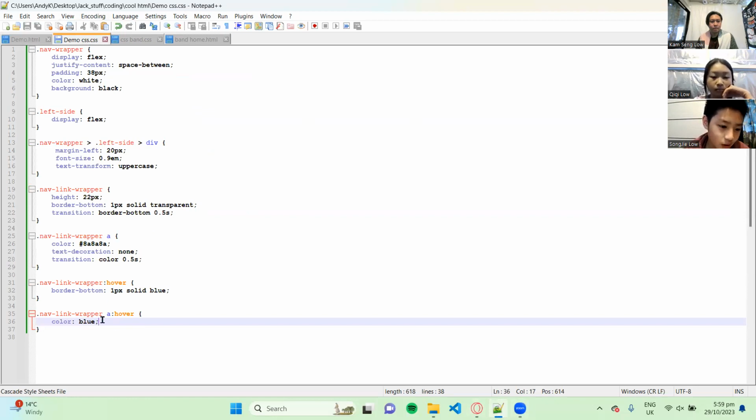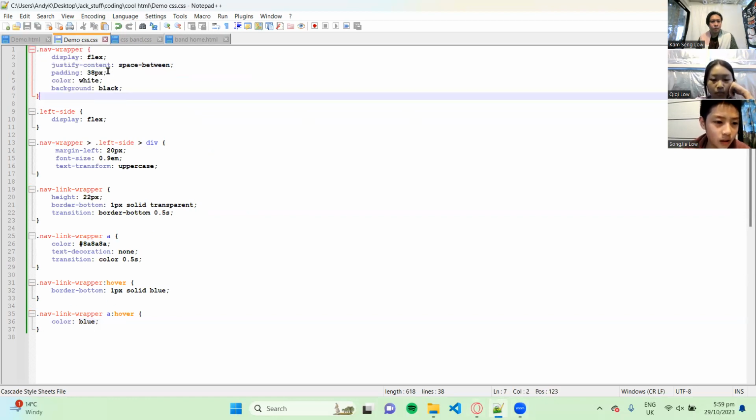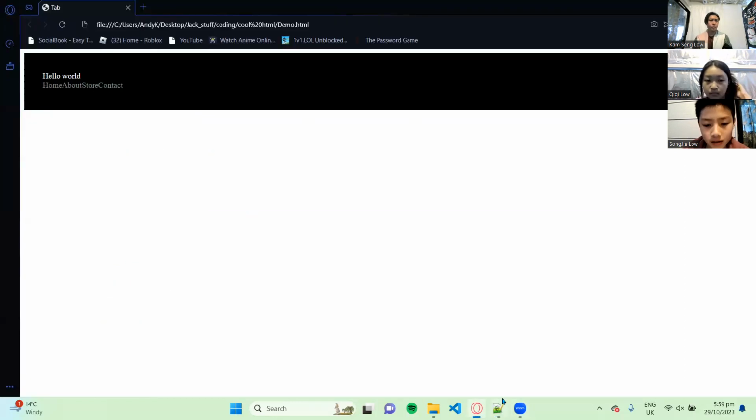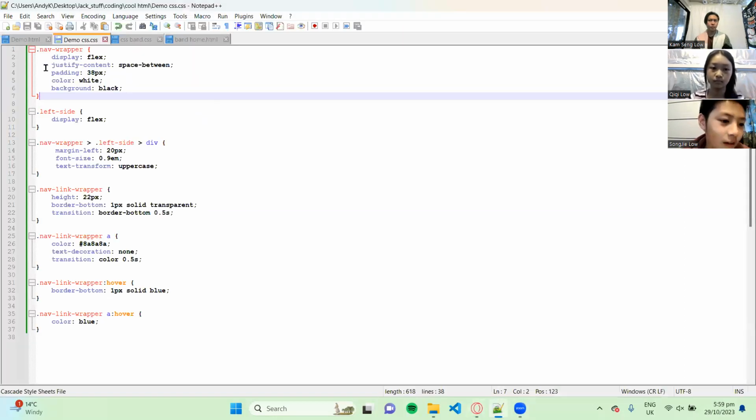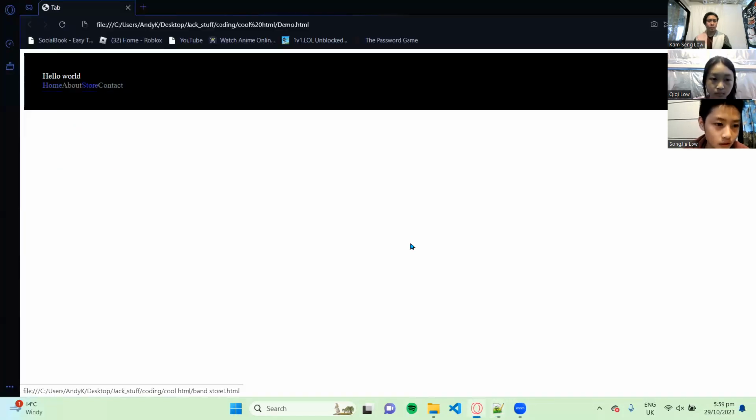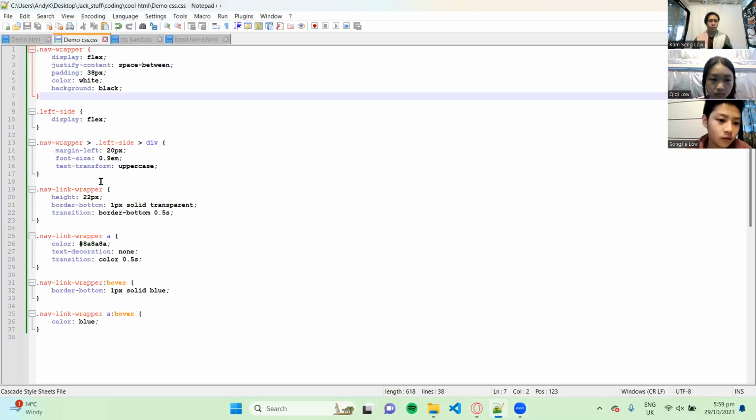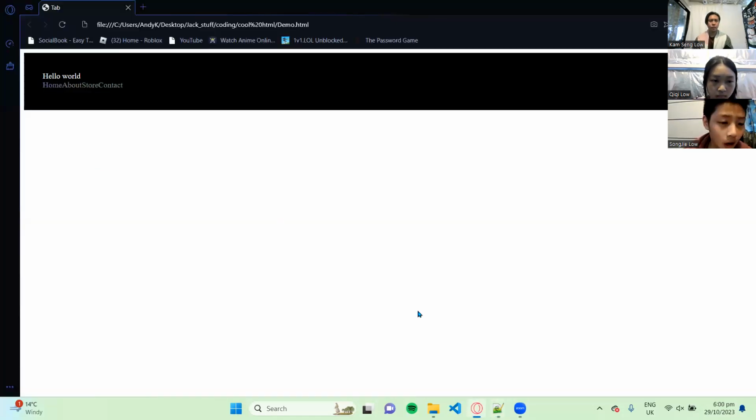So this one is the nav wrapper. This makes it so that the background is black, and this makes it so that you can go hover. This one makes the uppercase and stuff,